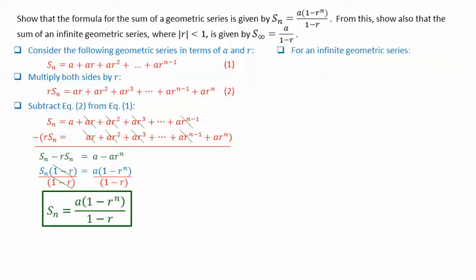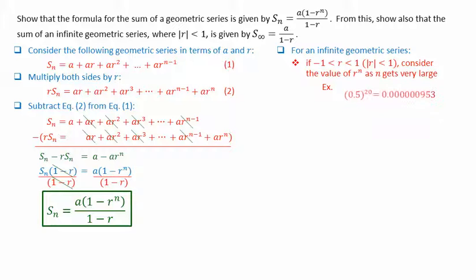For an infinite geometric series, as long as r is between -1 and +1, that means that the absolute value of r is less than 1. As the value of n gets infinitely large, the value of r to the n gets infinitely close to 0. As an example, consider 0.5 raised to the 20. This is equal to